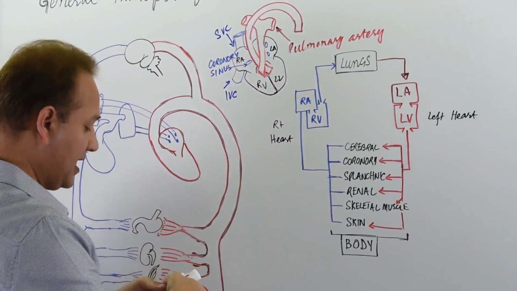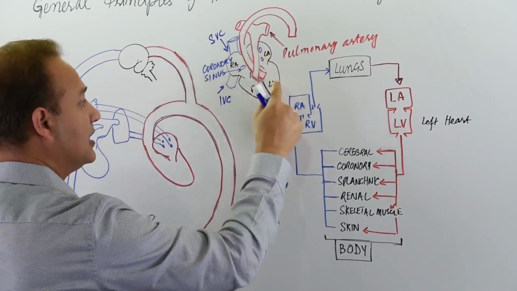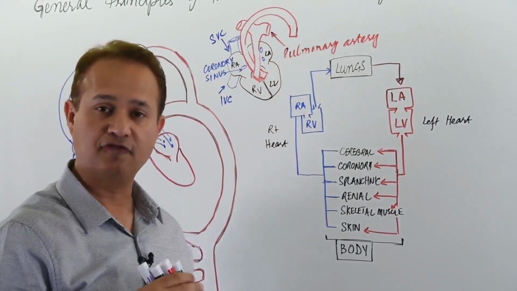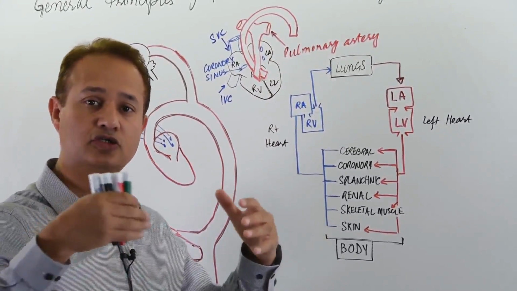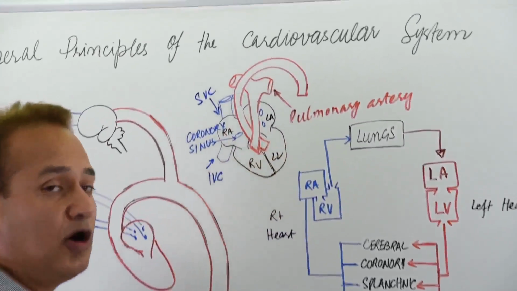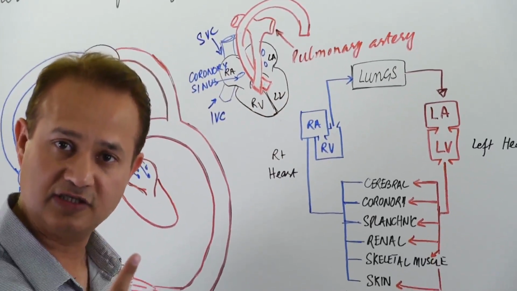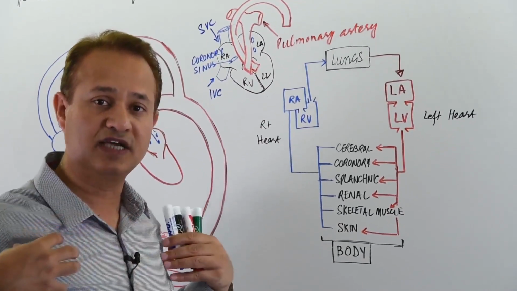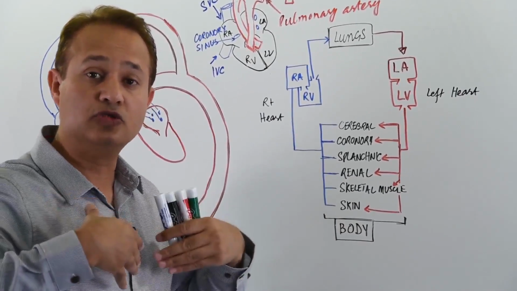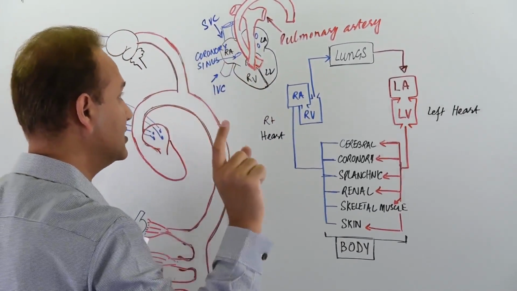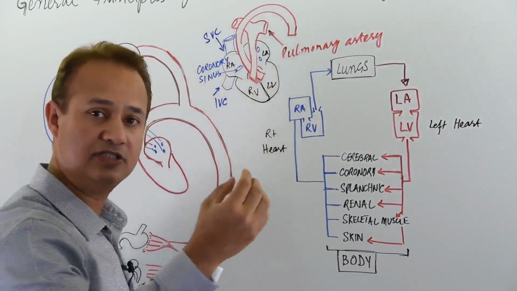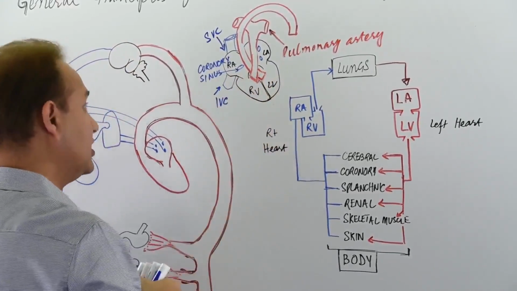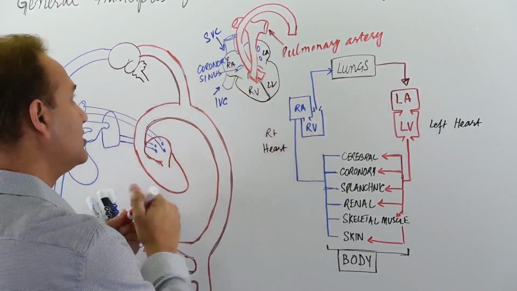The left side has left atrium and left ventricle. The blood comes in through pulmonary veins, and the definition of veins is all the blood vessels that bring blood to the heart. So pulmonary veins bring oxygenated blood to the heart. These are veins. It is not necessary that a vein has deoxygenated blood. Pulmonary veins bring oxygenated blood from the lungs to the heart, so these are oxygenated blood carriers, but are veins because they are bringing blood to the heart. Okay, so left atrium and left ventricle. The left ventricle in turn pumps the blood into the aorta,